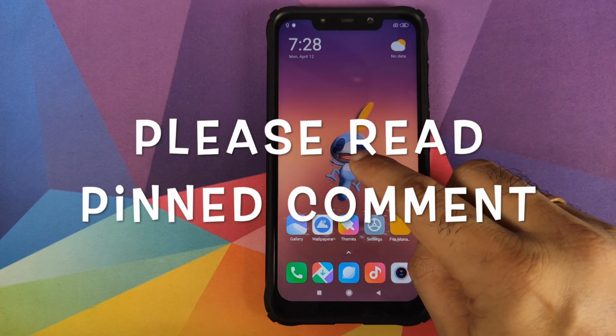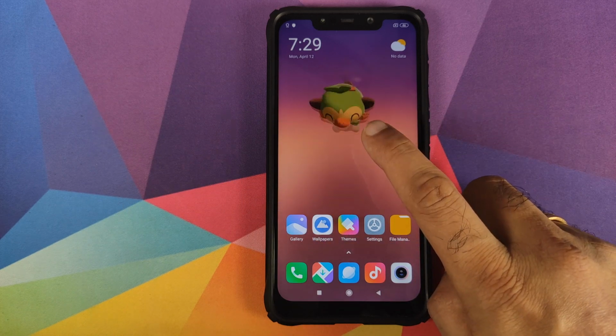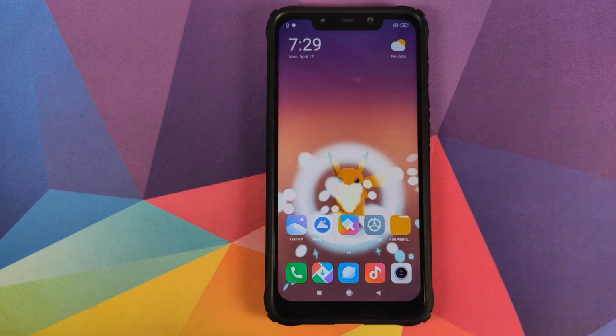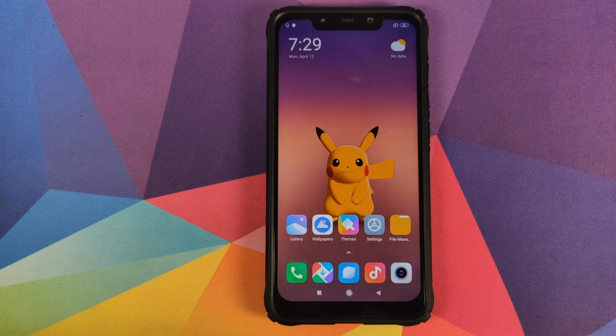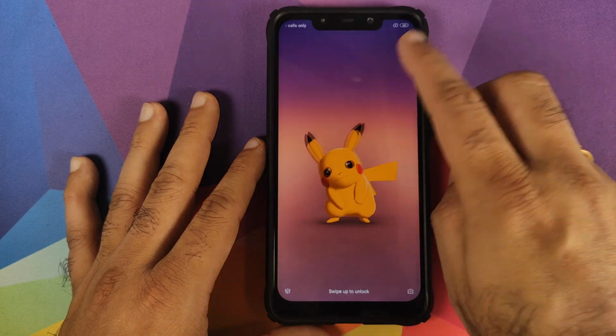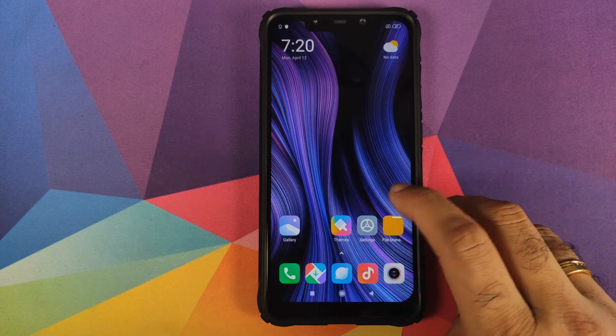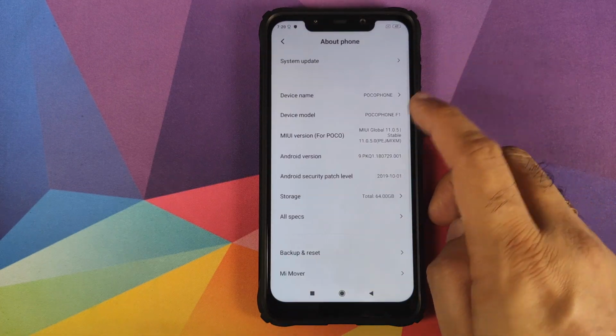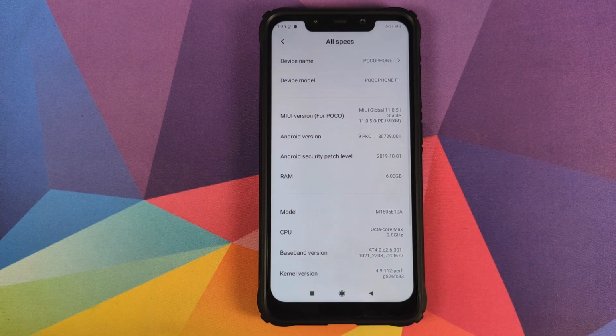Munchie here, back with another video, and in this video I'm going to show you how you can install the Pokemon Sidekick Live Wallpaper on the home screen and on the lock screen of your Poco F1 without having to root your device. We'll first go into settings, about phone, and as you can see right now I am running